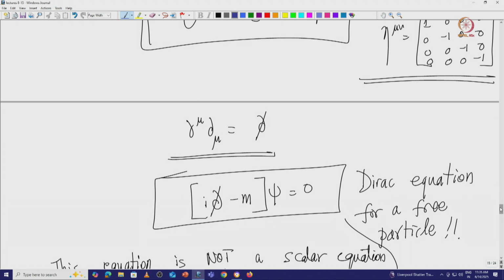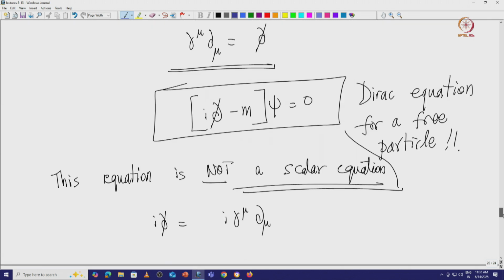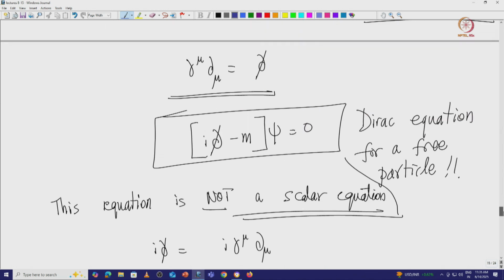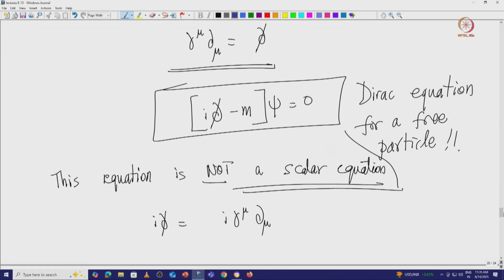We have not yet started looking at the solutions of this Dirac equation for a free particle essentially, but as of now we are trying to understand what is the structure of the wave function. And what we have been seeing is that this, though it looks like a scalar, in actuality is a matrix equation, because this is a matrix essentially. So the left hand side, (i del slash minus m) times psi is equal to 0, is actually a matrix equation.